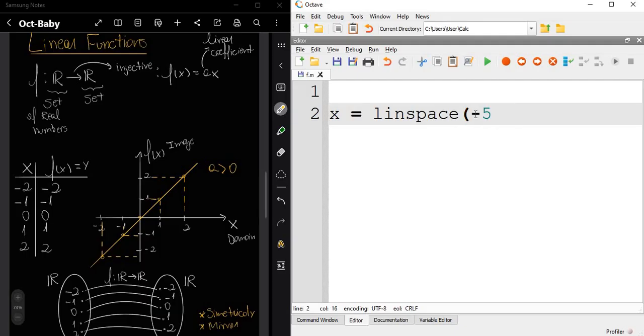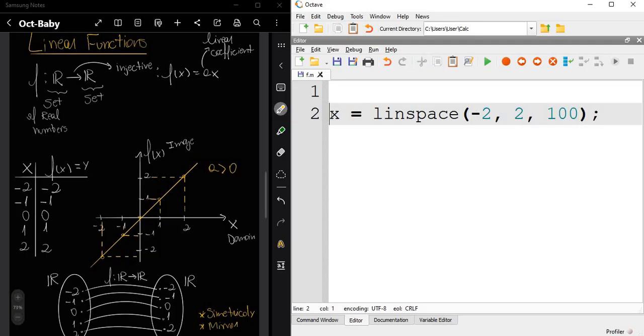So let's use minus 2, ranging from -2 to 2, and now we also pass the number of points with which this x-axis will be drawn.